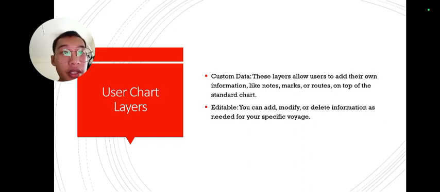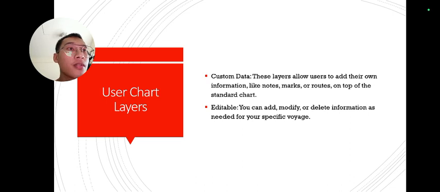User chart layers are custom data. These layers allow the user to add their own information like notes, marks, and routes on top of the standard chart. It is editable. You can add, modify, and delete information as needed for your specific voyage.